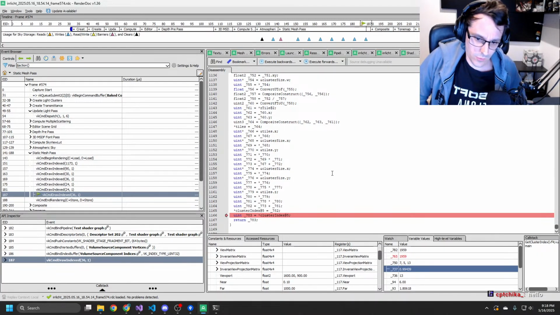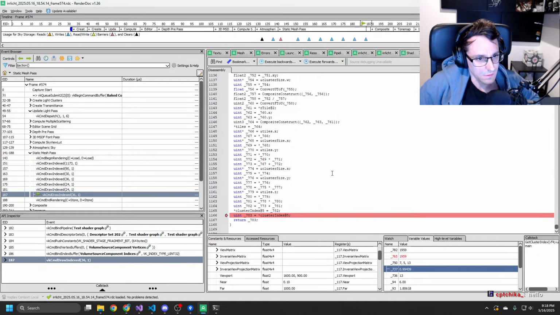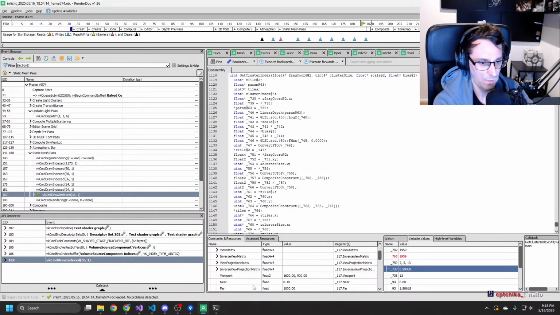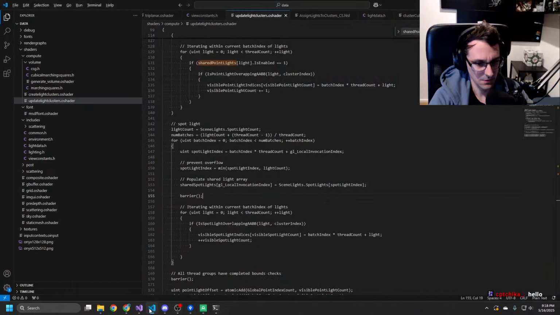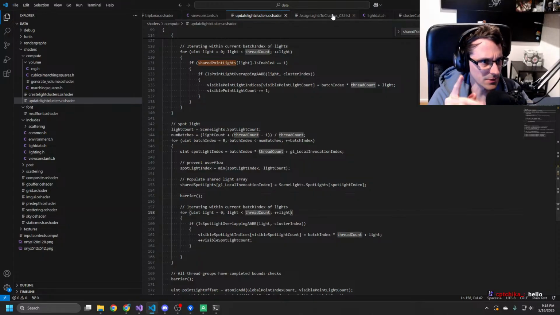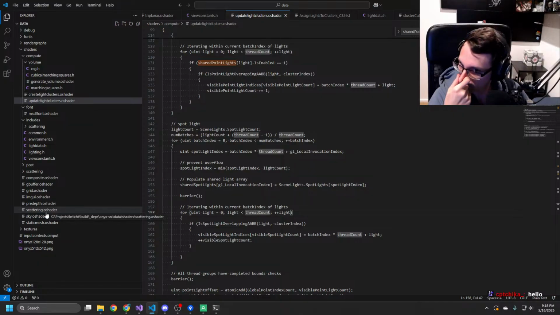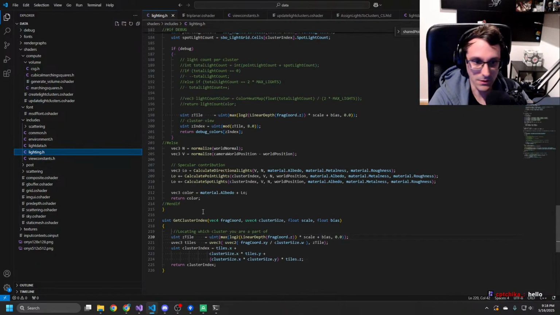I wonder why that is. So okay, then the issue is not in the light stuff, it's in the calculation of this cluster stuff.